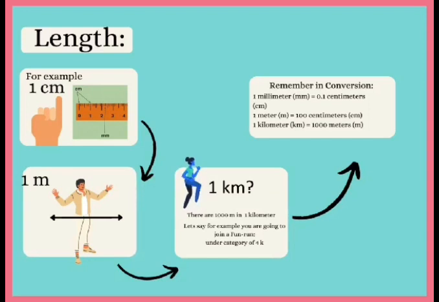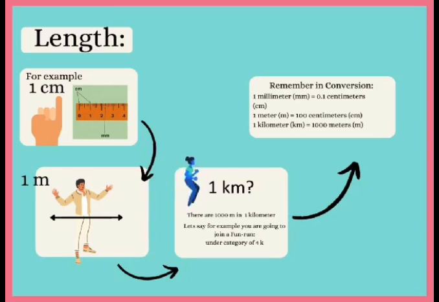For example, if we try to measure our pinky finger against our other fingers, so we know its length, the fitting unit of measurement that we use will be centimeters. In this figure, with this man, 1 meter is equivalent to the distance when he fully sets apart both his hands or arms. That would be equivalent to 1 meter.